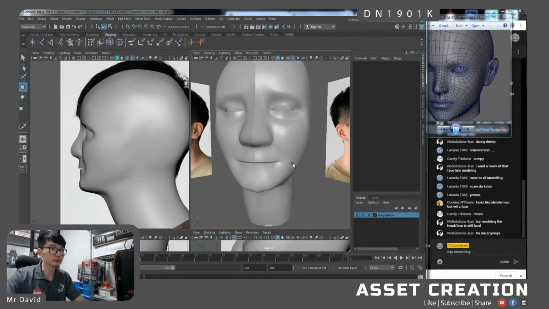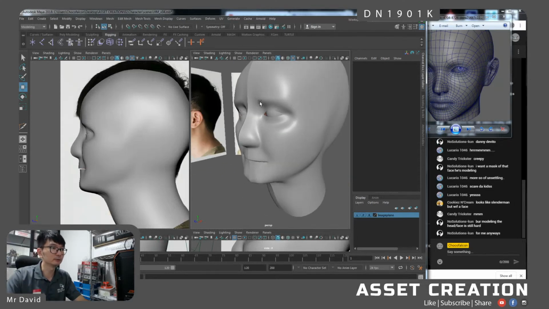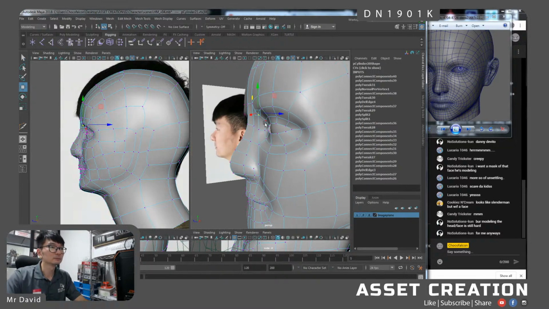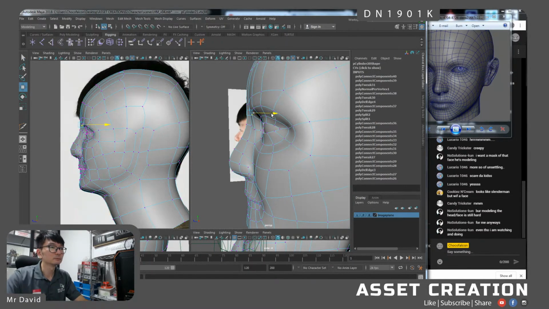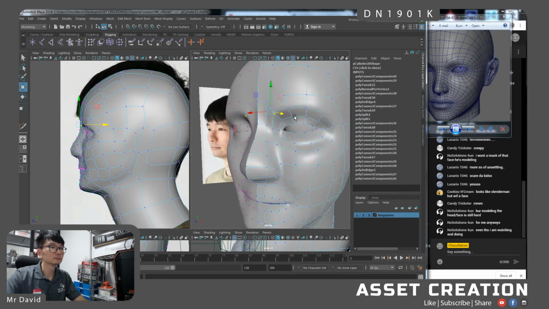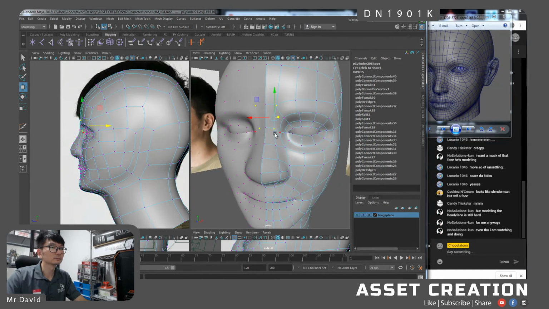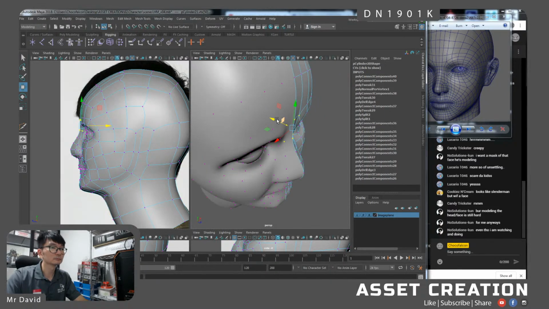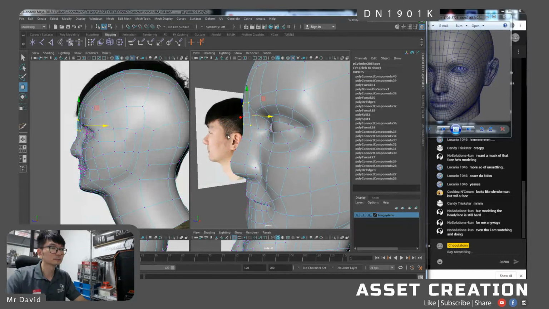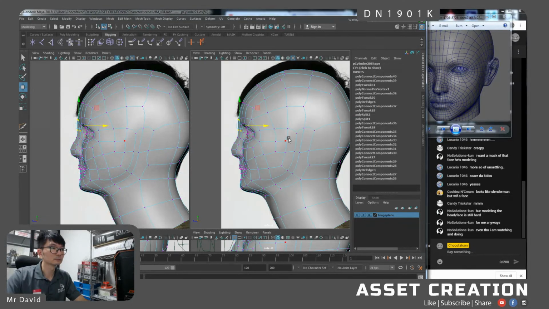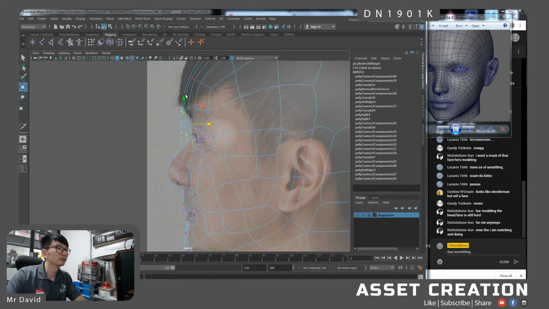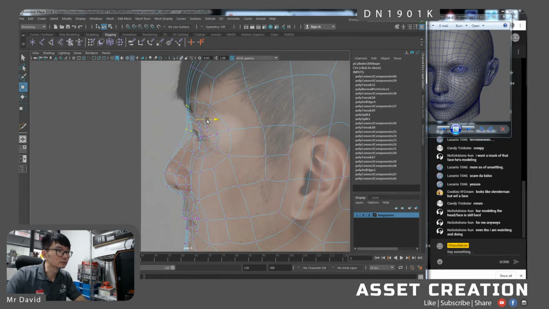Modeling phase is hard, but fun. I got two right view. Oh, blur already. Push to